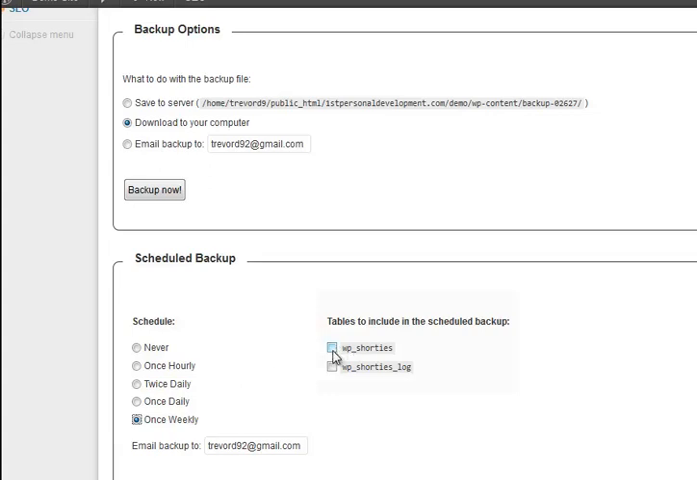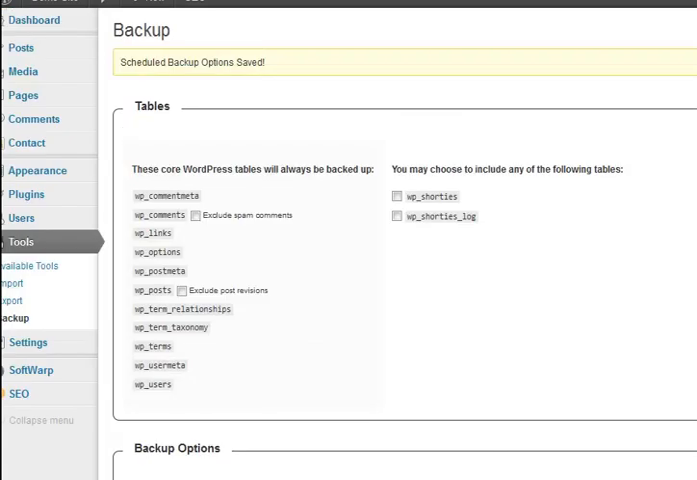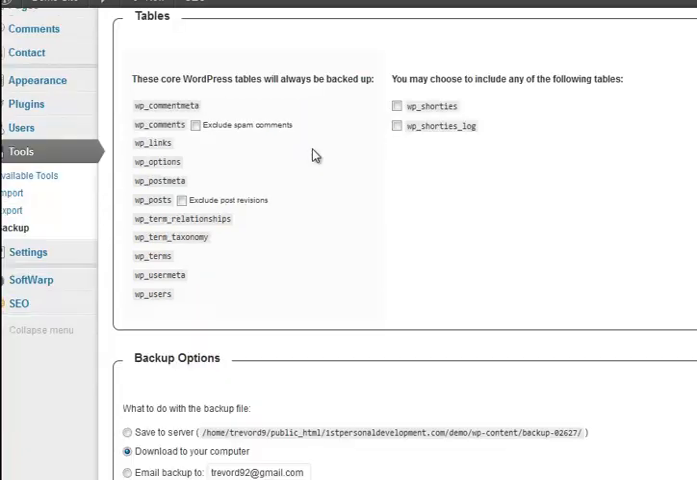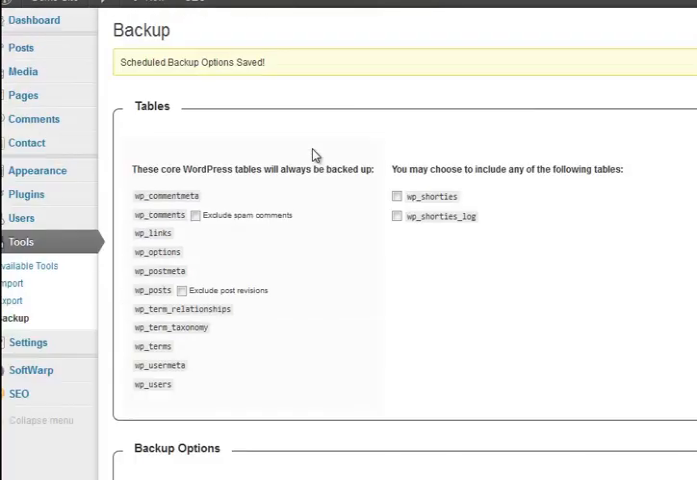Not worried about, well, actually in that one I might be. So if there are other things that it could potentially include, it will offer to include them, but it's quite intelligent. And what that will do is, once I've set it up, once a week it will send me a backup. As you can see, scheduled backup options saved, and it will send everything,